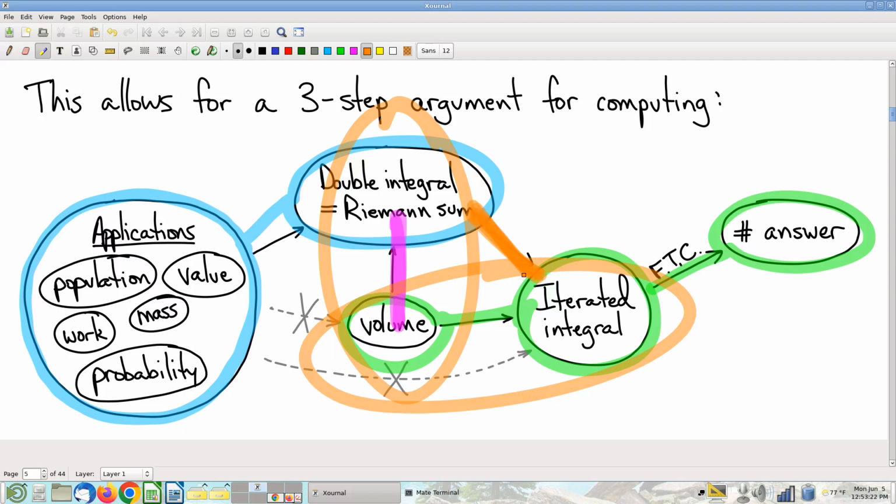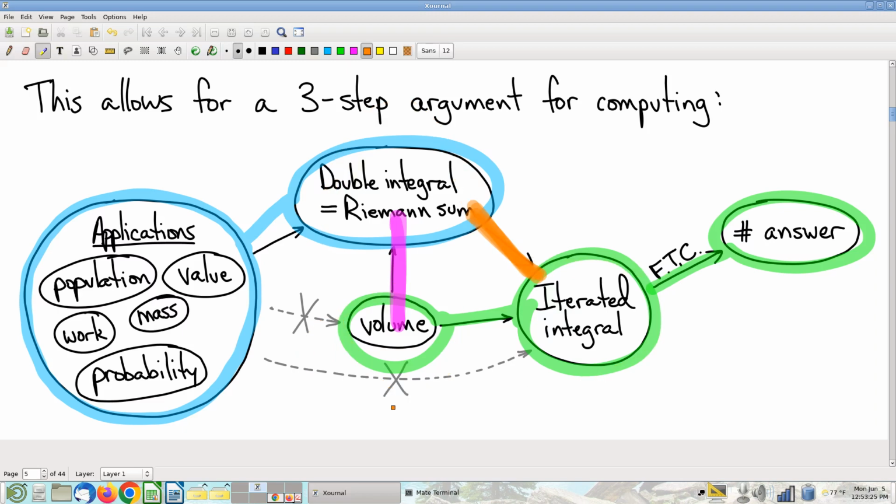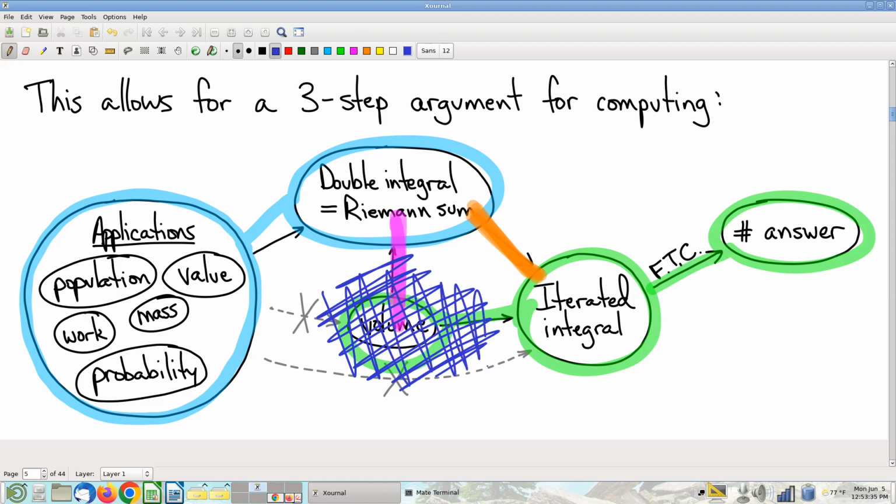And having done that, in practice, when we're computing stuff, we don't even really need this anymore. It served its purpose. This volume computation has allowed me to connect double integrals to iterated integrals. We are in business. We're going to answer lots and lots of questions by saying, oh, you want to compute